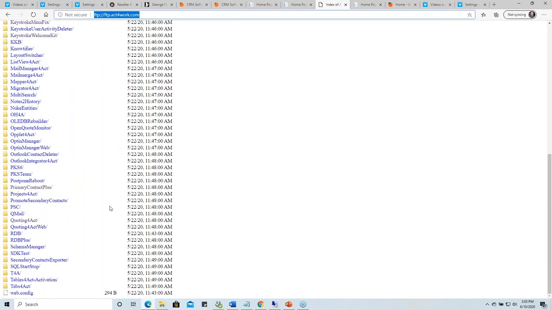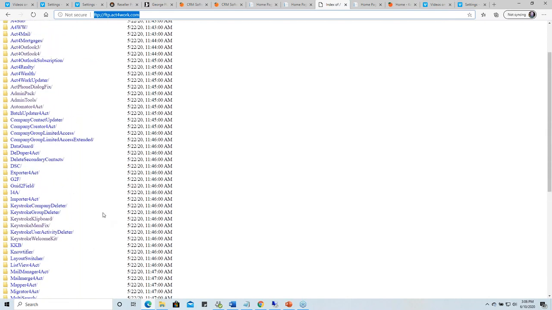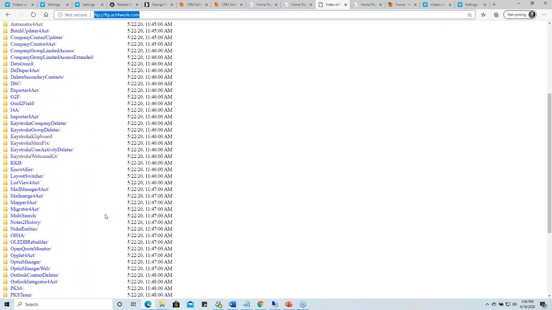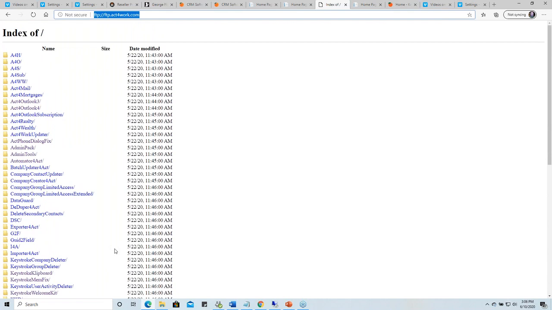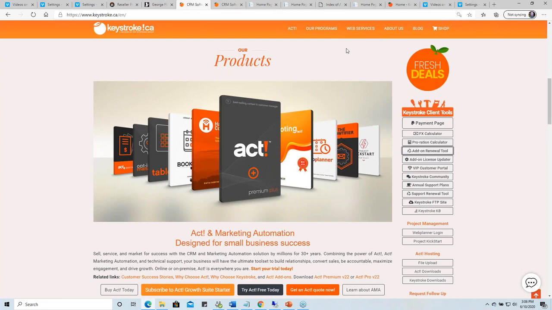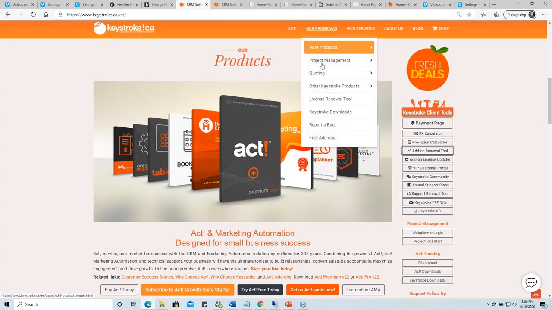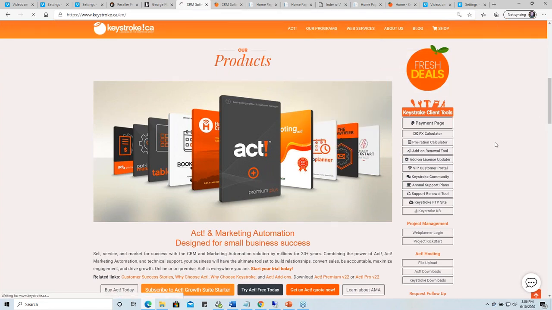Everything is intuitively named. You don't need a decoder ring or work with acronyms generally. All of these programs are pretty easy to source. Just go by alphabetical order and you can quickly find which program you're looking for. Okay, so the reason I'm mentioning that is that if you go back to our homepage and you go to our programs and the keystroke download page,